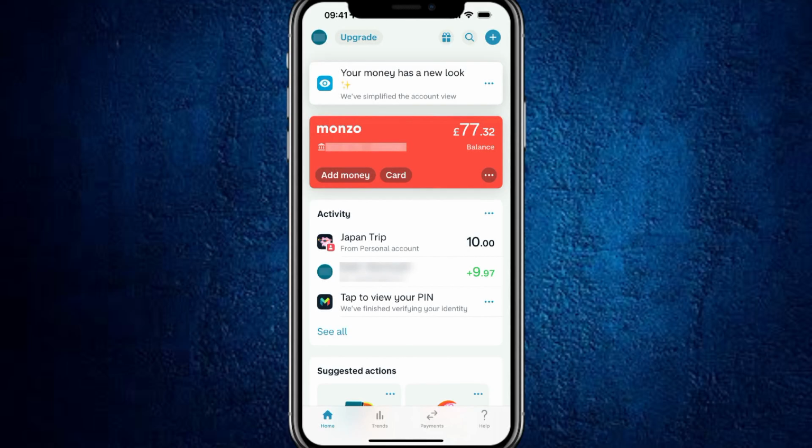In today's video, I'm going to teach you how to request a credit limit increase on your Monzo Flex card. By the end, you'll know exactly where to tap in the app, what the option looks like, and what to expect once you've sent your request. I'll also share a few important points so you understand how eligibility works and why you might see an instant